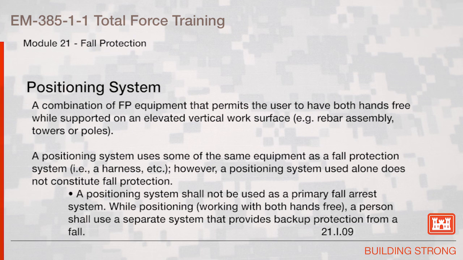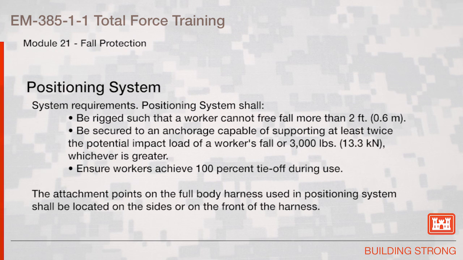A positioning system should not be used as a primary fall arrest system. While positioning, working with both hands free, a person shall use a separate system that provides backup protection from a fall. System requirements. A positioning system shall be rigged such that a worker cannot free fall more than 2 feet,